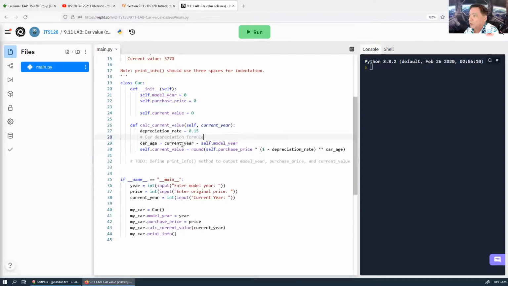The age, this is the number of years. Oh, I don't need to add anything in here. Okay, this is a comment. This is a comment for what this is. And what it does is it figures out how many years old the car is. And then it takes the car's age and it takes,